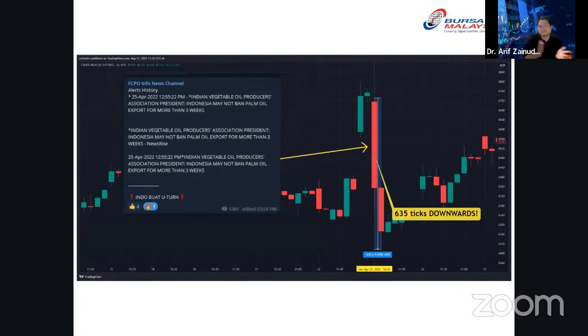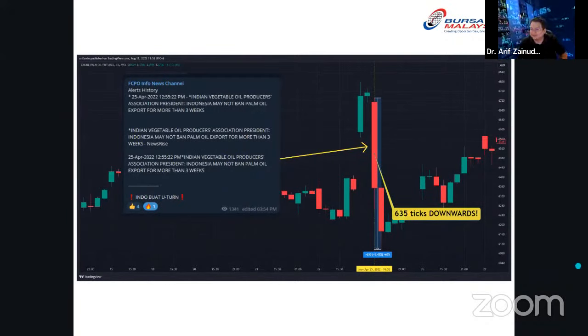How much is that? Can you imagine at that time, 635 ticks in 2 hours? What's the biggest movement that you've seen nowadays in 2 hours? Last year it was 635 ticks in 2 hours just because President Jokowi decided to play tarik tali on the CPO plan. One time you say,